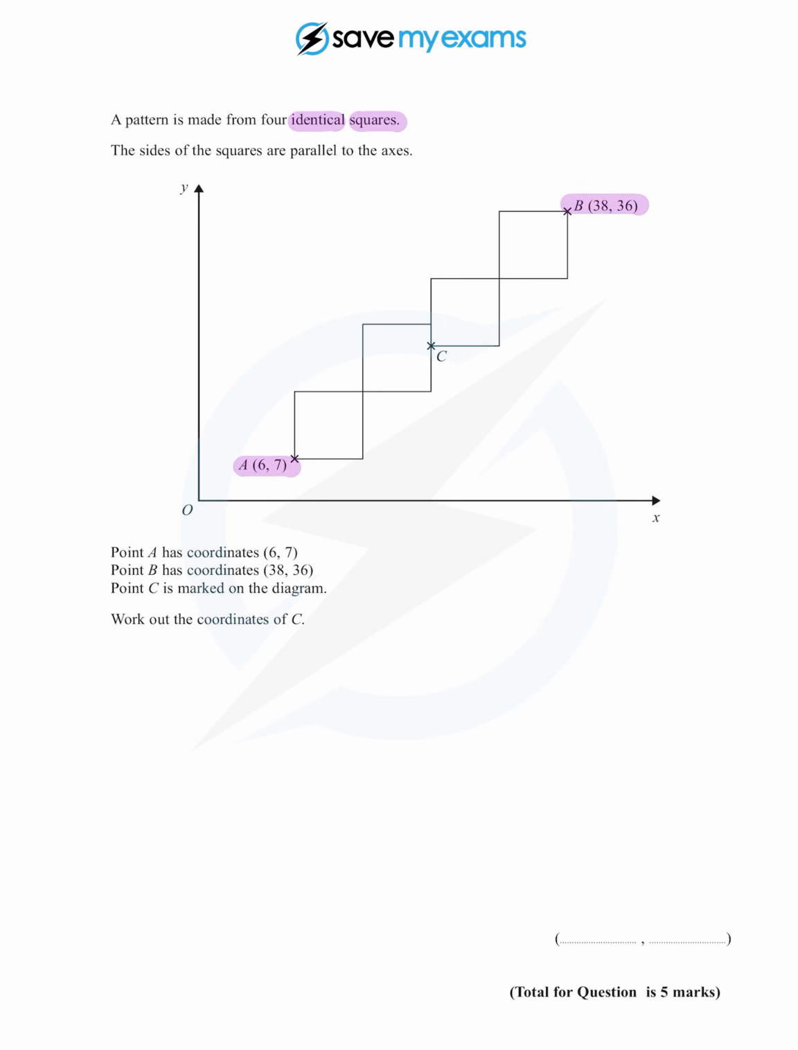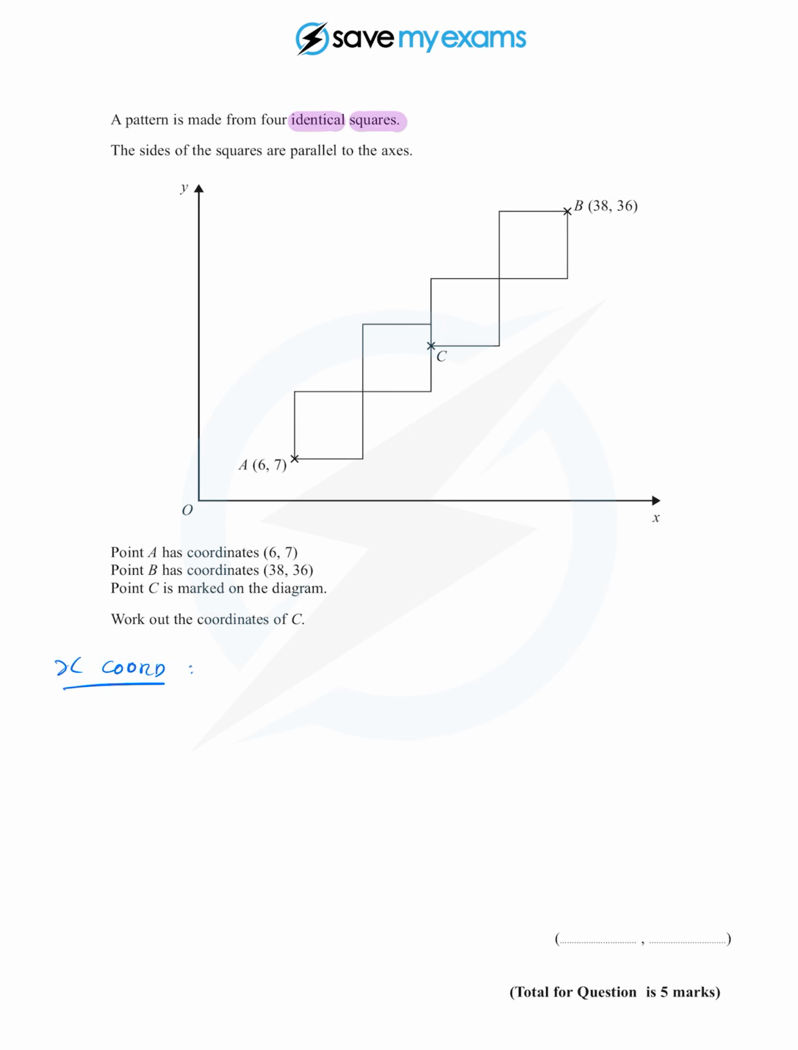Point B has coordinates 38, 36. And there's a point C, and we have to find the coordinates of C. Well, let's do this one coordinate at a time, shall we? Let's look at the x-coordinate first. So the x-coordinate,